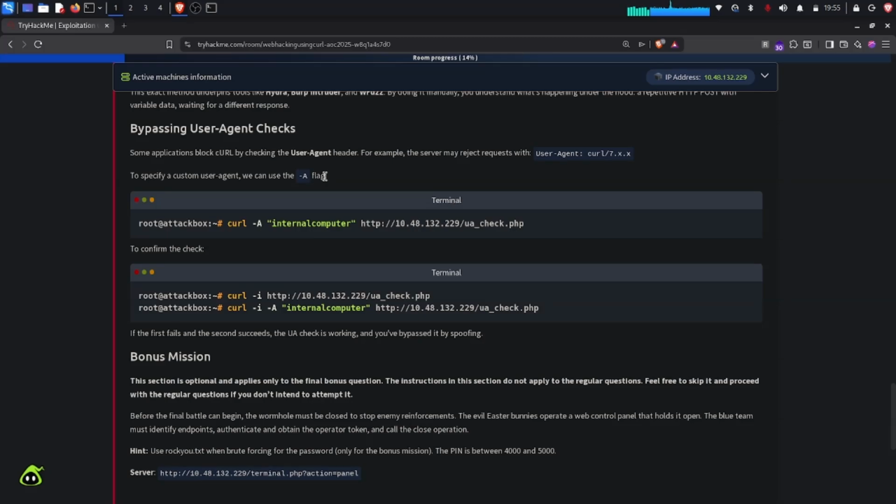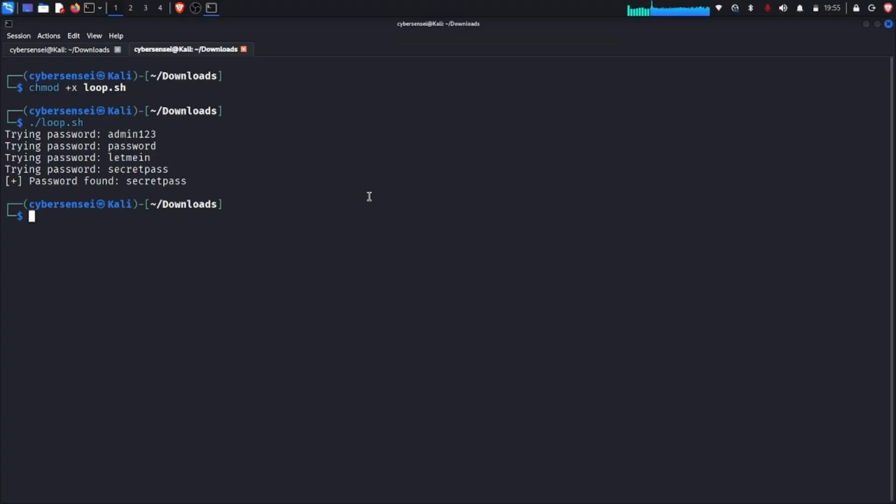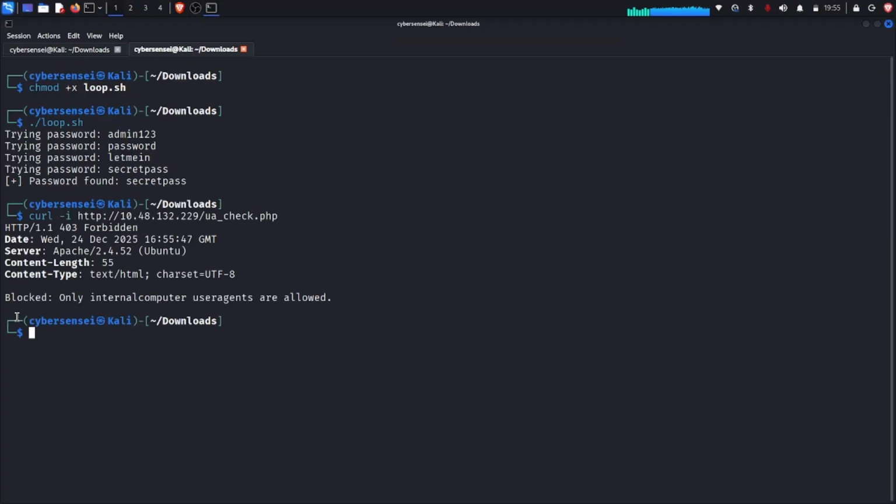So we can use this as an example. To confirm the check, we're gonna use this. So we're gonna copy it, then paste it onto our machine. As you can see, it says blocked. Only internal computer user agents are allowed. This is because I'm not an internal computer, but you can bypass it by specifying the exact user agent